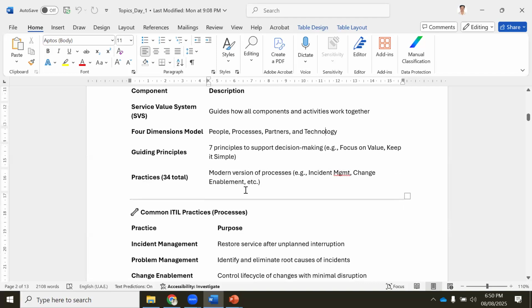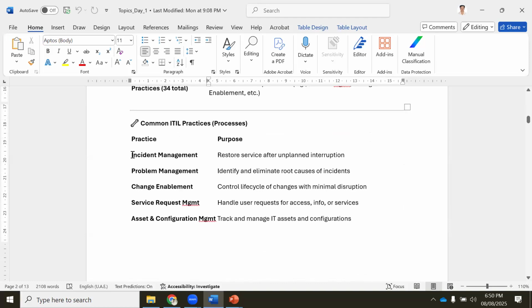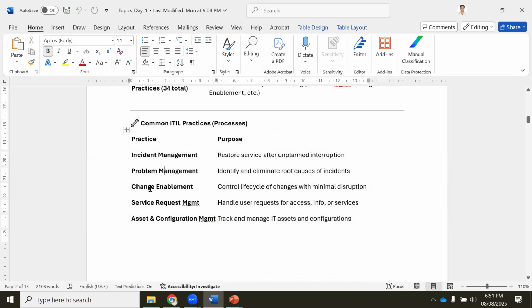Whatever we need, we will learn here and we will learn the tool. So what do we need? We need these mainly: incident management, problem management, change management, service request management. Incident is nothing but whenever you have any issue, you work on it and fix that issue, correct? So who will fix? Resolvers or fulfillers or technicians, correct?